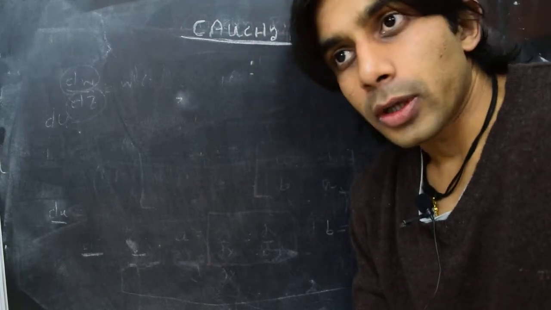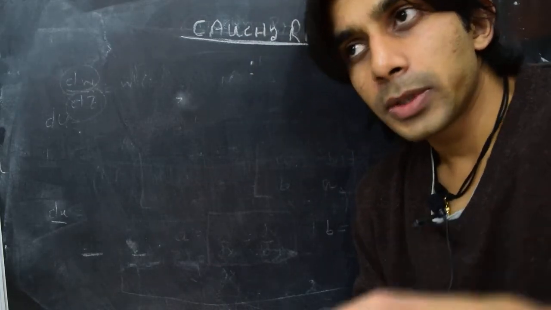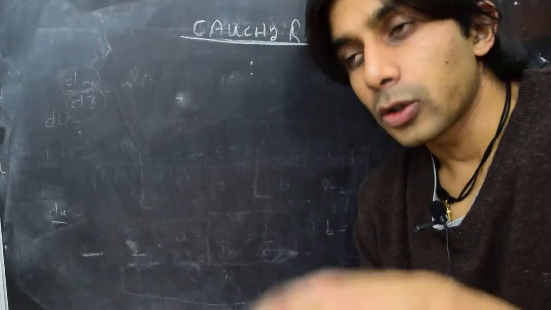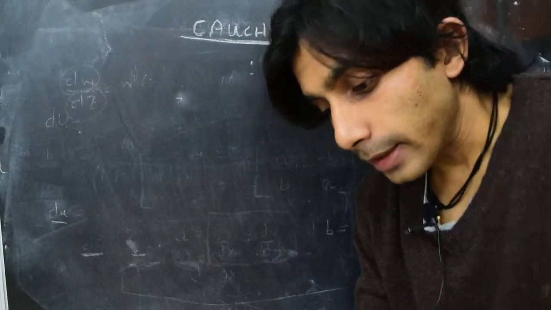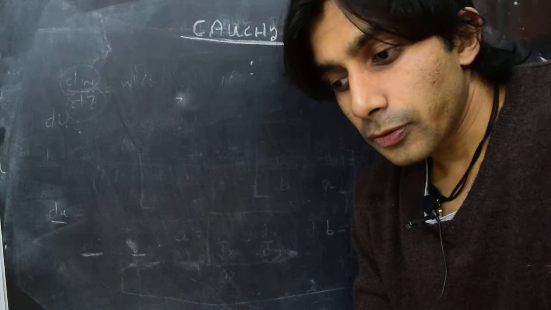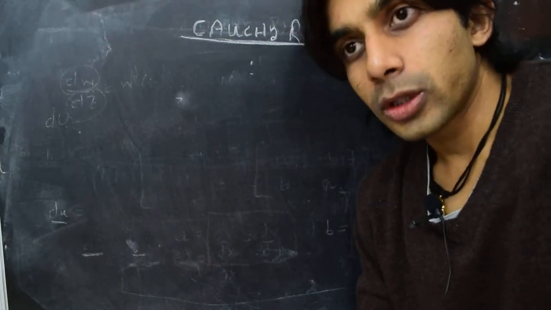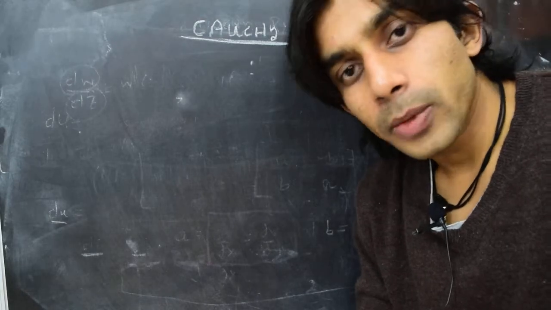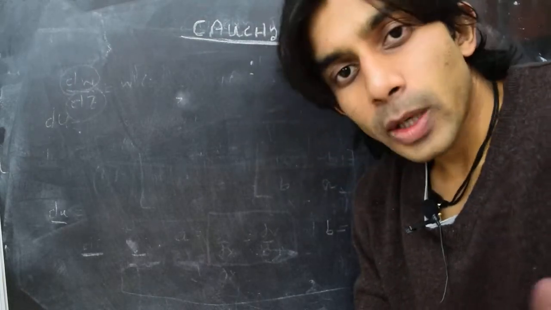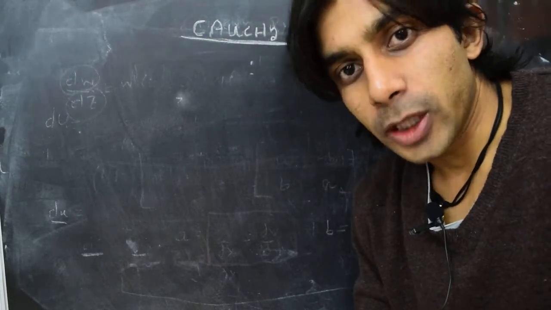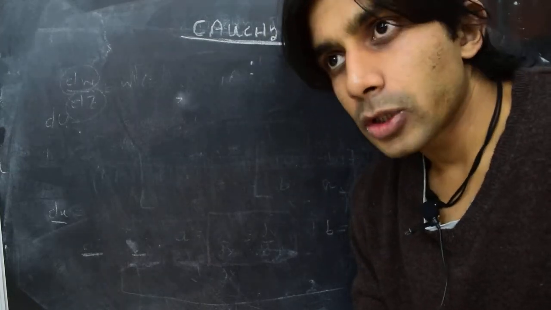And then we focused on u and v as representing the real and imaginary parts of a complex analytical function, and that introduced a set of constraints on the Jacobian matrix, and those constraints are nothing but the Cauchy-Riemann equations. So that's one way of thinking about and deriving the Cauchy-Riemann equations. But there's another way which